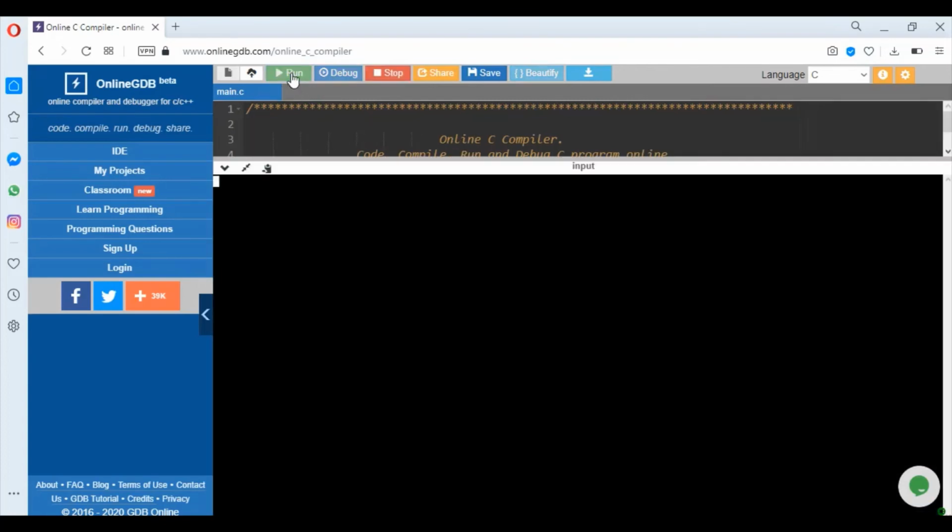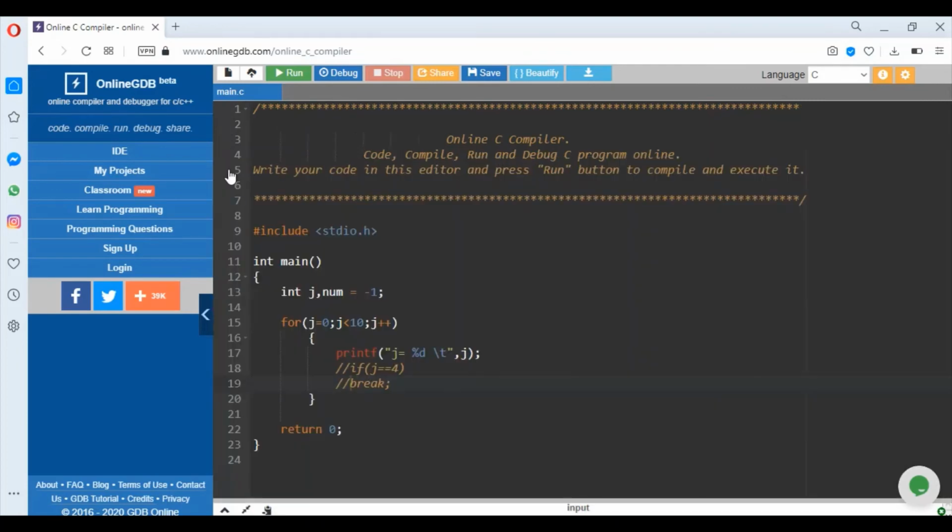So what this program would be doing, it would be printing j values from 0 to 9. Now if I write continue here, if j equals 4, then continue.